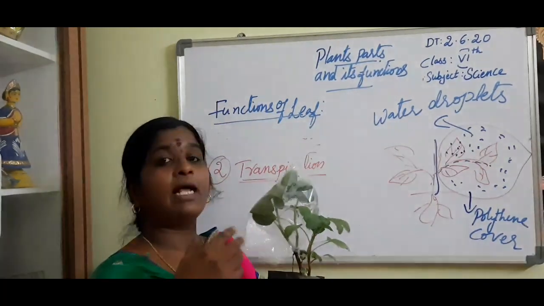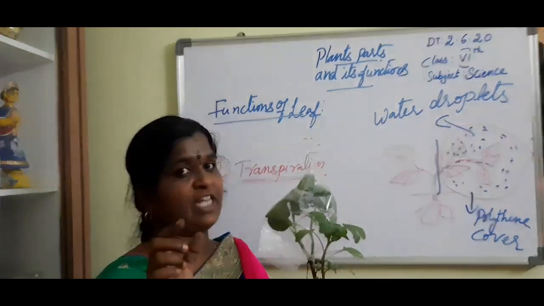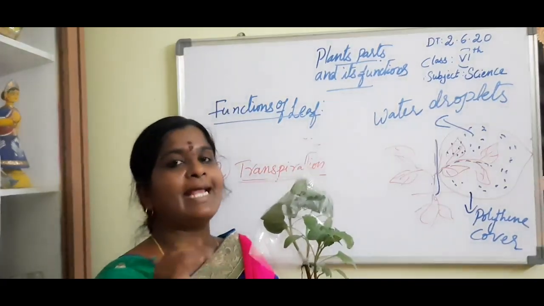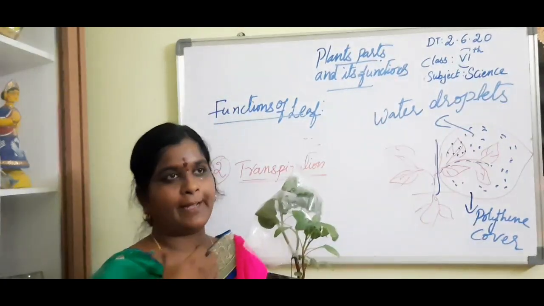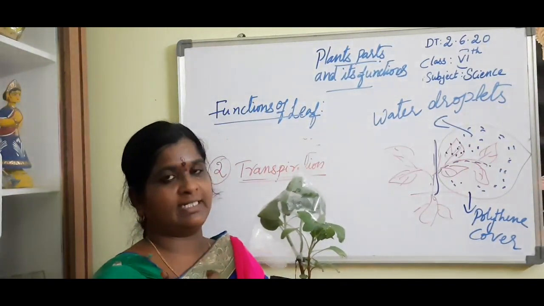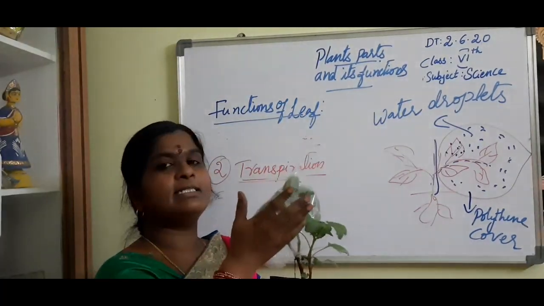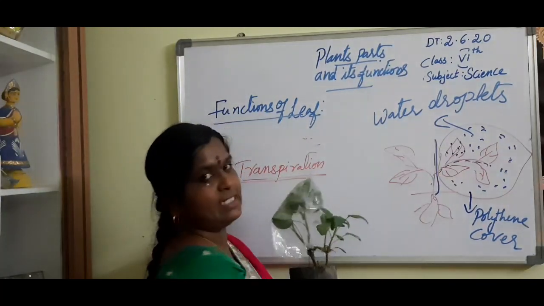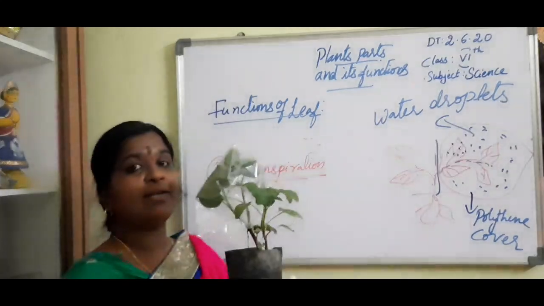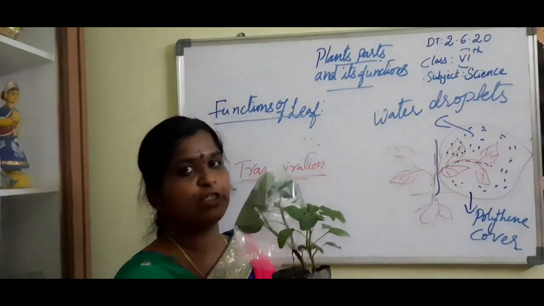morning you see. And sometimes in some seasons we can observe excess water on the surface of the leaf. In the early morning we can see the droplets of water. So that is nothing but what? Tell me. Excess of water. For example, in our body, what is it? Tell me. Excess of water is in the form of sweat. Same like that, if the water is more in the plant, that excess water is released from the surface of the leaves. So this process we are calling what? Tell me. Transpiration. I think that you have understood very well.